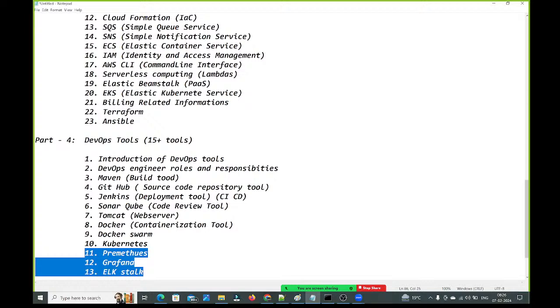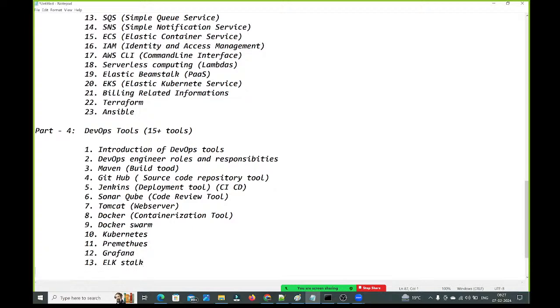See, guys, in the ICU, one patient is there. In the intensive care unit, one patient is there. Whenever a patient is in the ICU, 24/7 monitoring is required or not? Yes, that monitoring is required. Here also, whenever you deploy the application in the clusters, monitoring is required. How will you monitor? By using these monitoring tools only, we will monitor the cluster and we will monitor the applications. Okay, so after completing these monitoring tools, we will understand Nexus.